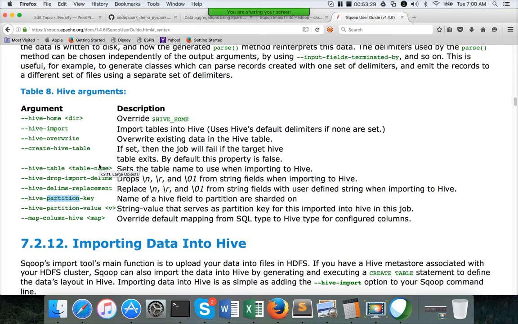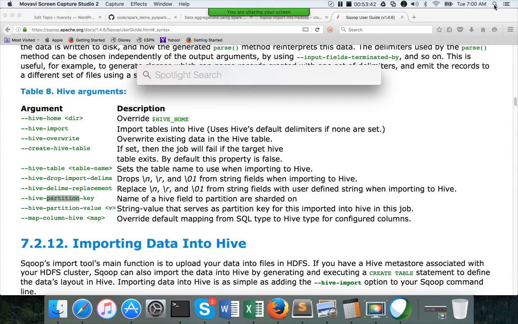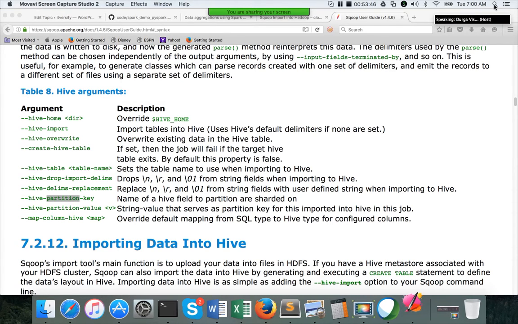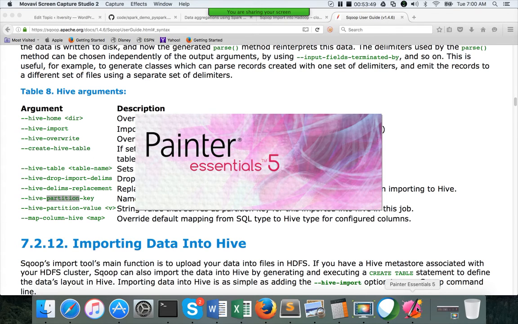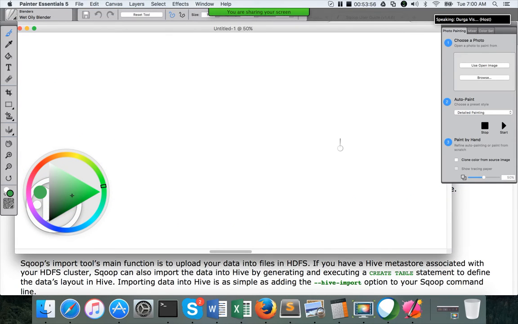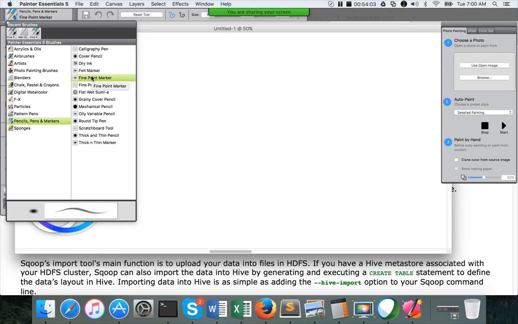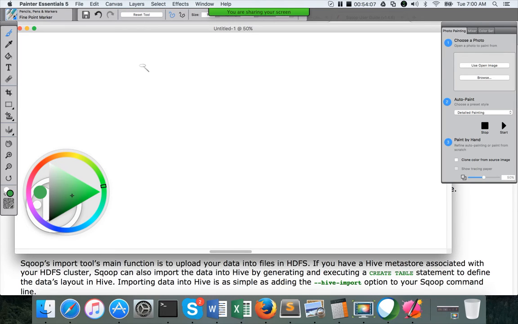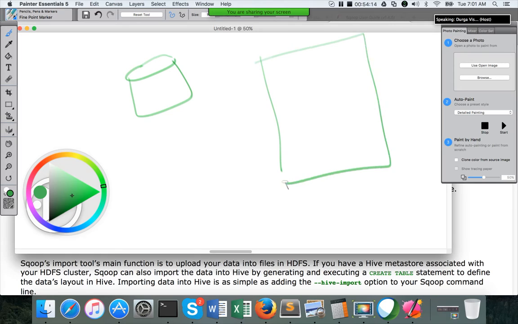So, for example, let me do the whiteboarding. Typically we will get data from a database, and this is the Hadoop cluster.